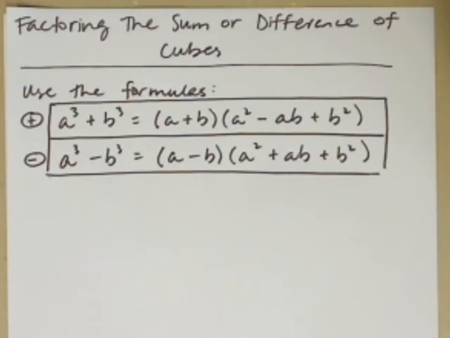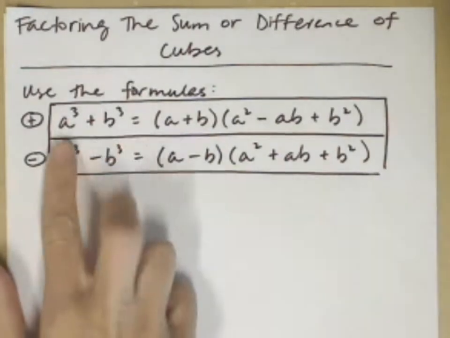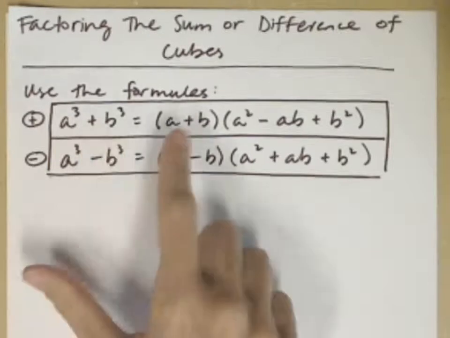We're going to look at some examples of factoring with the sum and difference of cubes. We're going to use this formula. In my class, I will give you the formula to use, but for some of you, you may need to memorize the formula. As you're looking at it, you'll notice that the sum of cubes begins with the binomial that